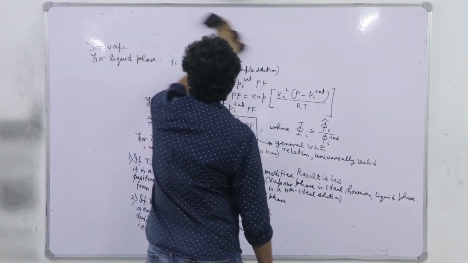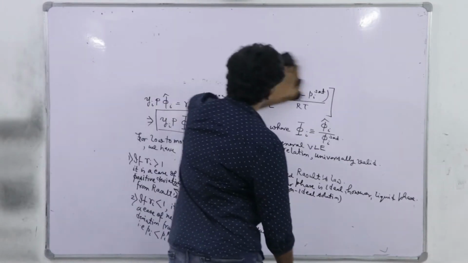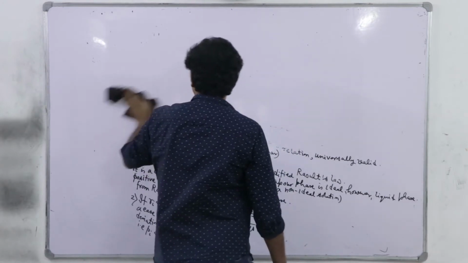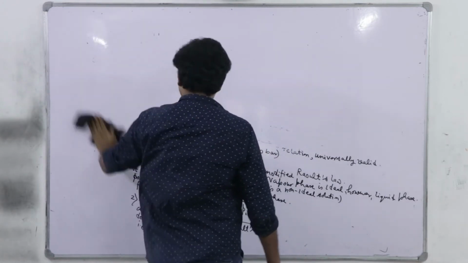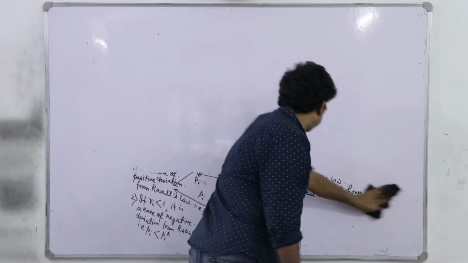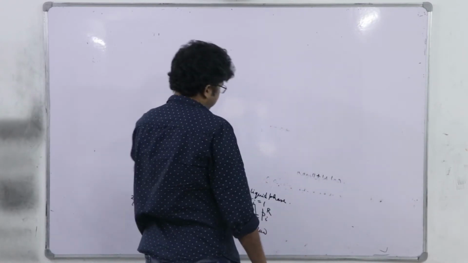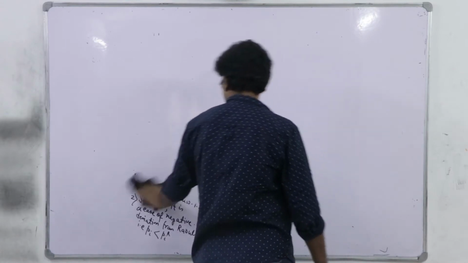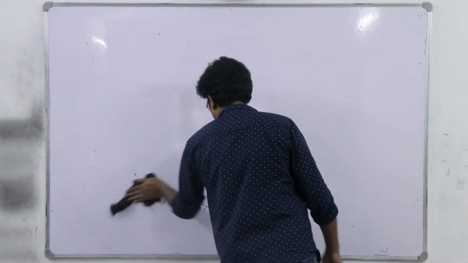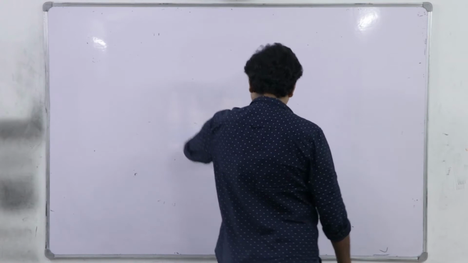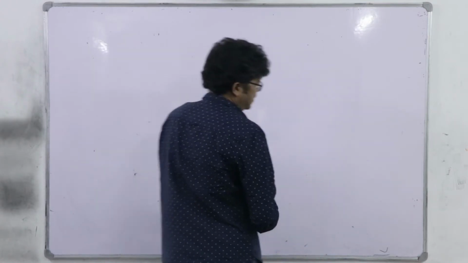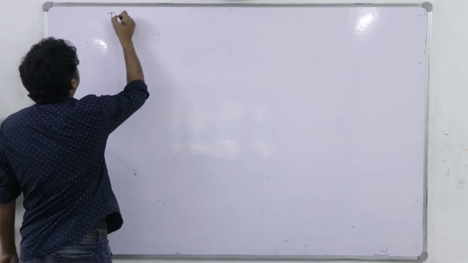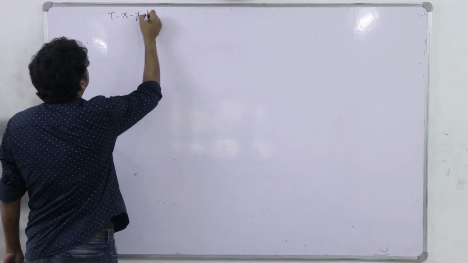So this data is an outcome of a VLE experiment. For different systems we can conduct it, and what is that? The TXY diagram